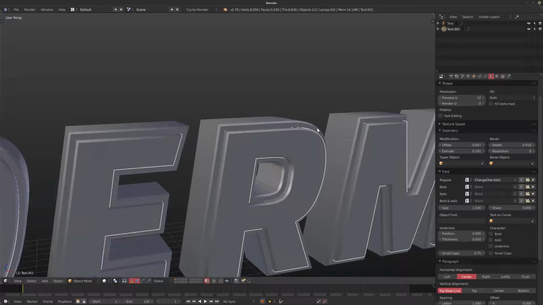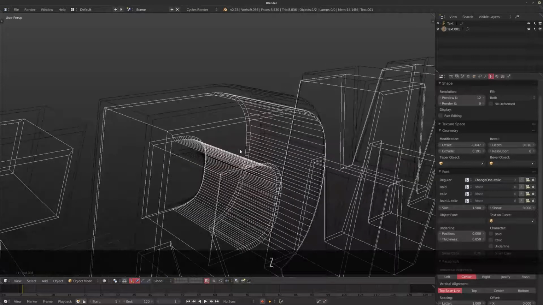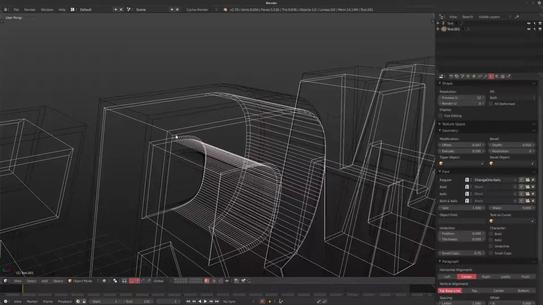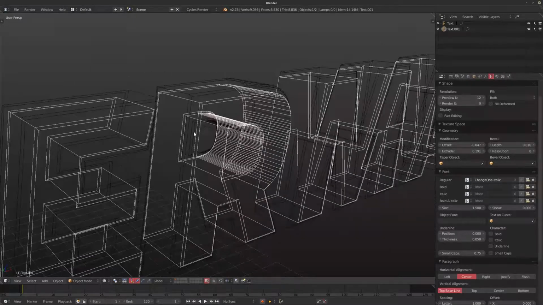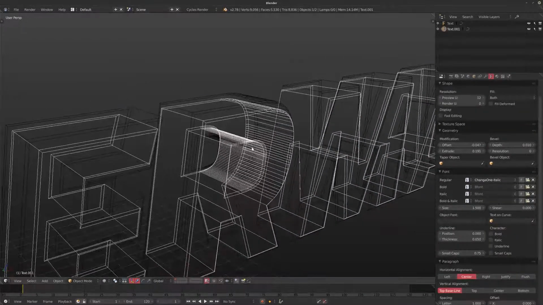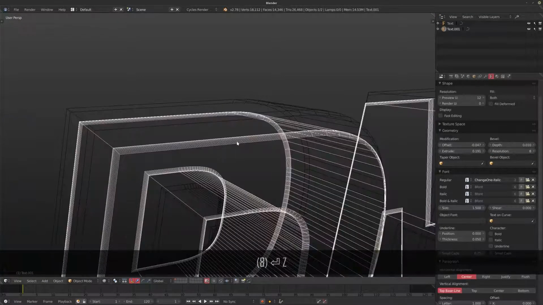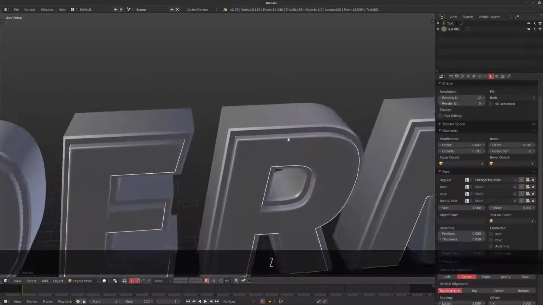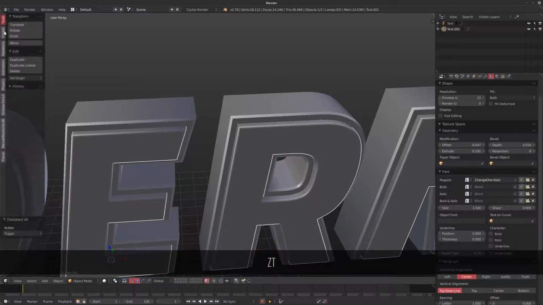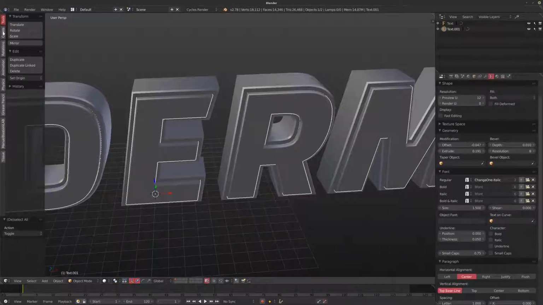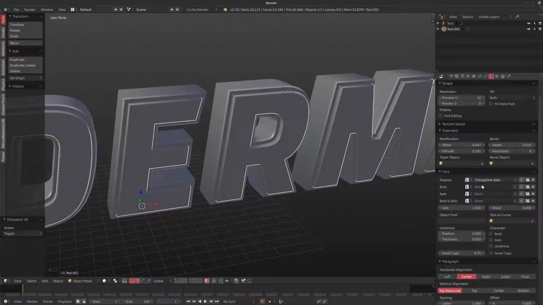Now, one last thing I want to talk about with this bevel is that you can up the resolution, for example. Right now, if we go into our wireframe view, you can see this is just a single polygon and the bevel isn't really nice and rounded. So you could bring this resolution up to something like 8. As you can see, we've got 8 subdivisions now, and you can get slightly nicer text. I think once I hit the... Oh no, I'm not actually able to smooth it out, but that's no big deal.